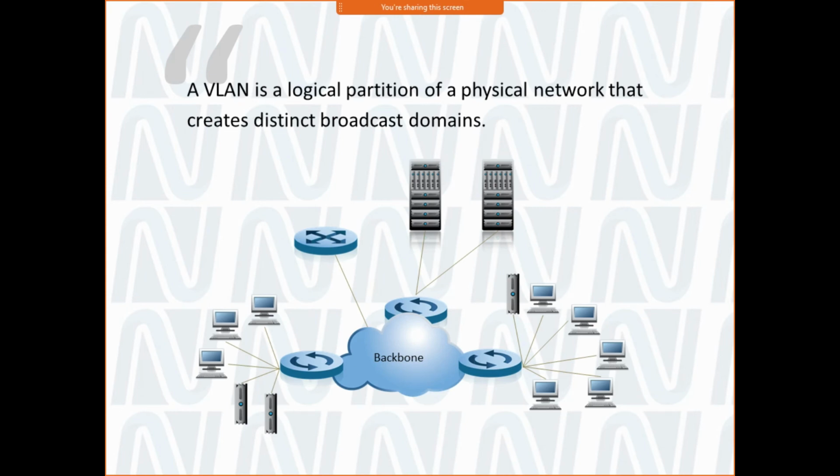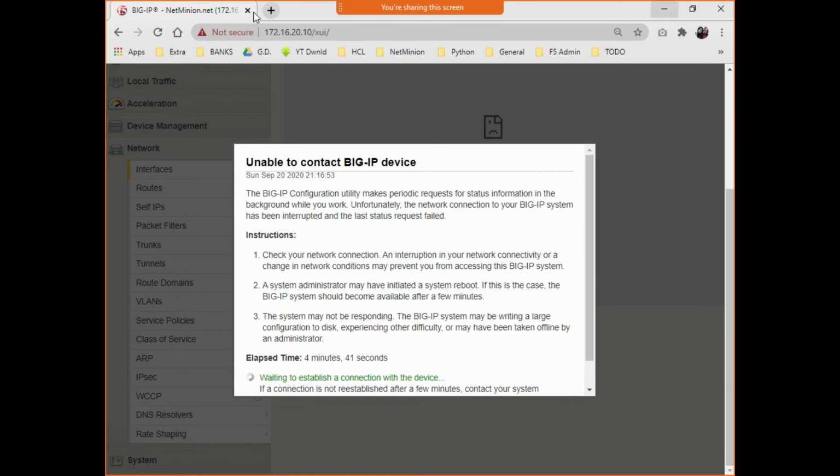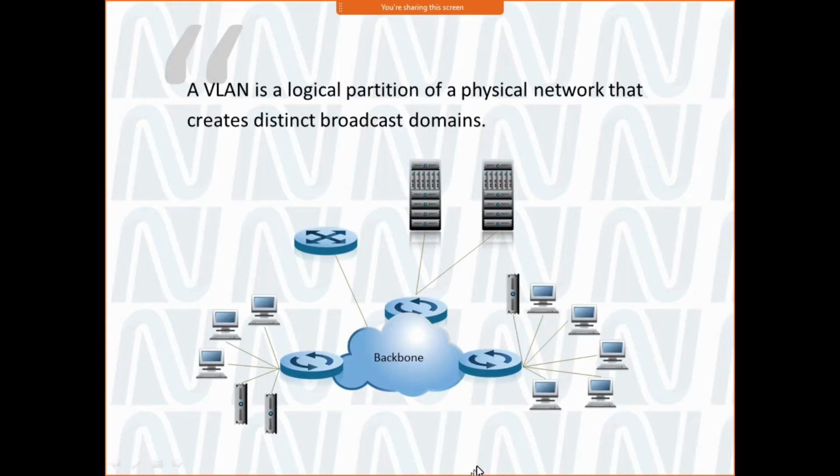What is a VLAN? Anyone? Used to divide the broadcast domain. Correct.